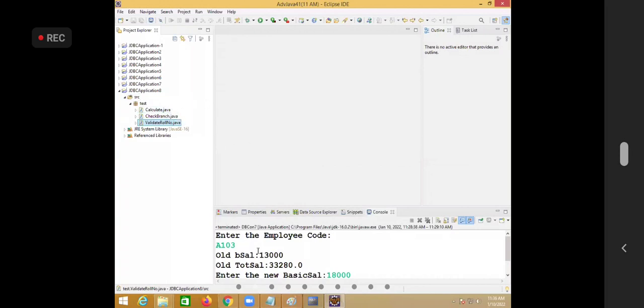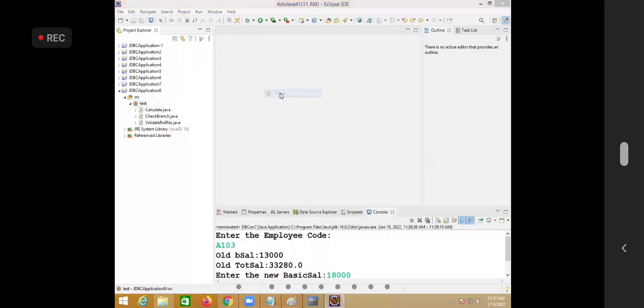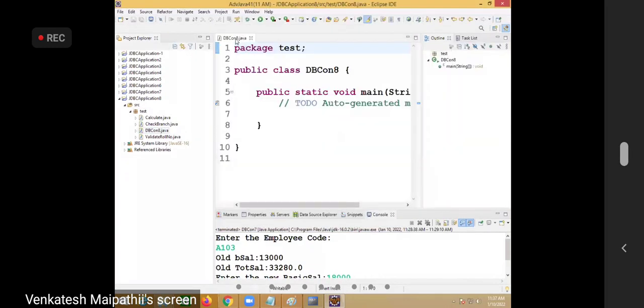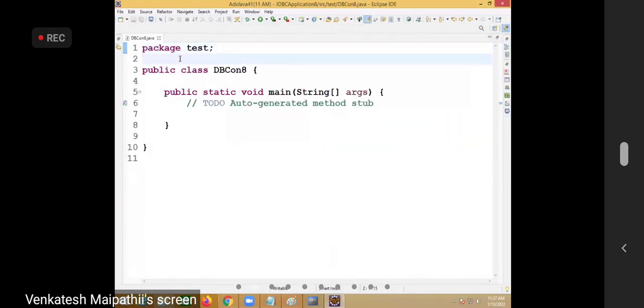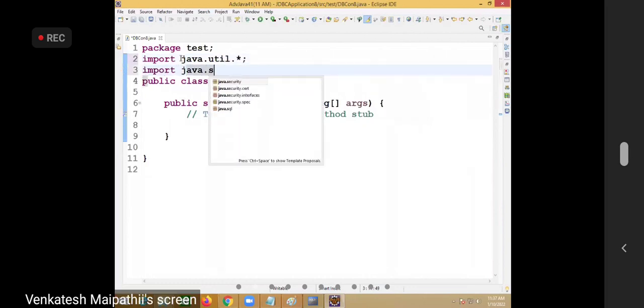Now one main class, that is dbcon, database con 8, is the main class. In the main class, here import java.util, import java.sql.